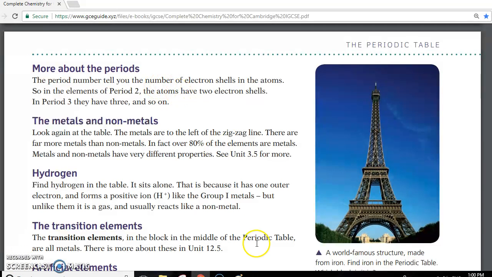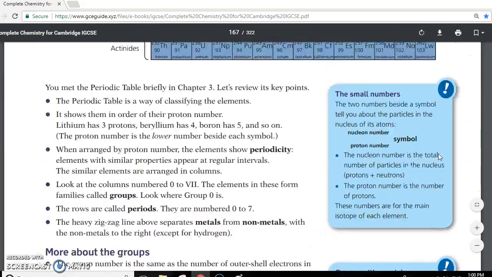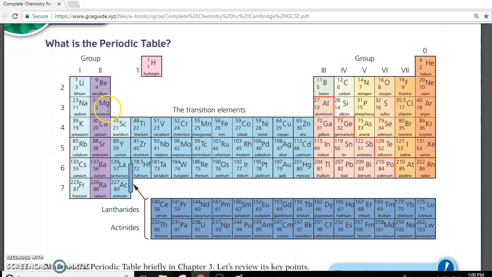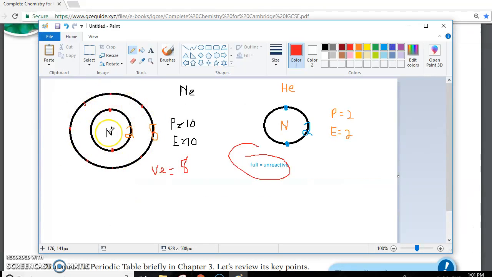So let's talk about the periods, and the periods are the rows. So if we go back to our periodic table, period 1 is hydrogen, and then period 2 would include everything here. Oh, and period 1 also includes helium. Then period 2 is here, period 3, and if we think back to when we were doing our shells, the periods are helpful because